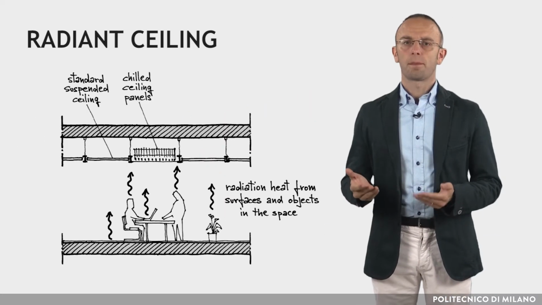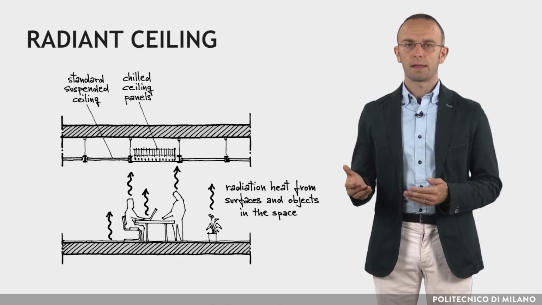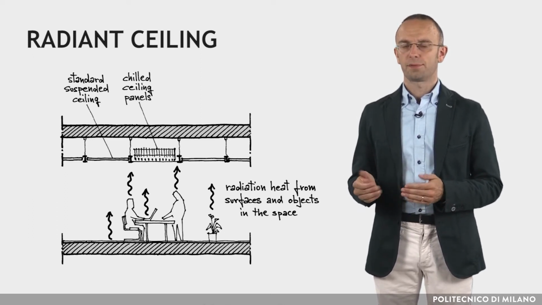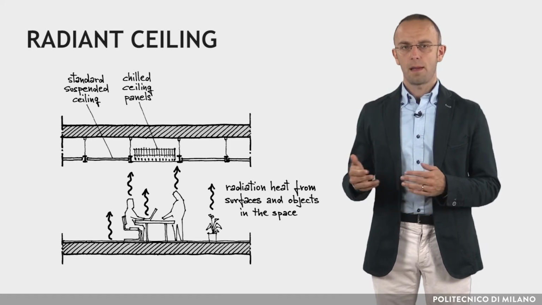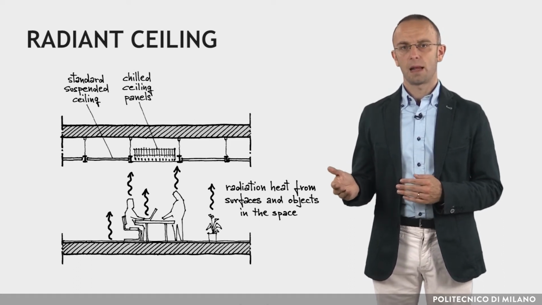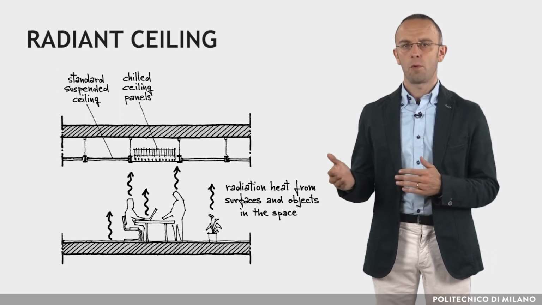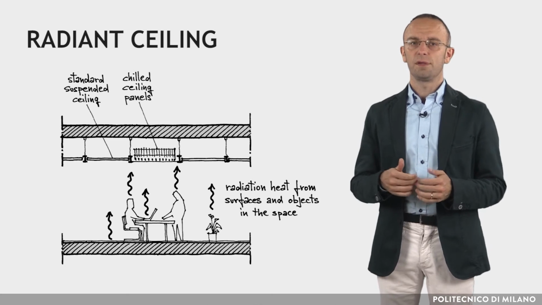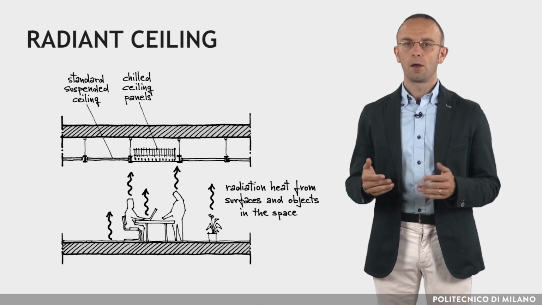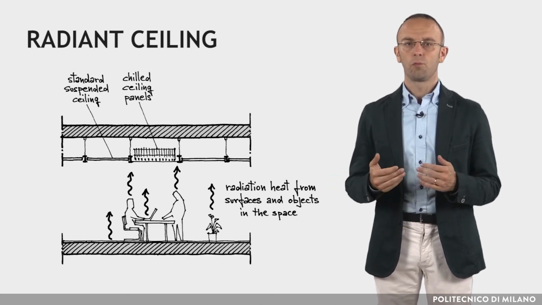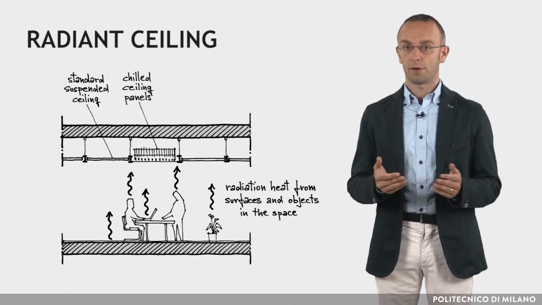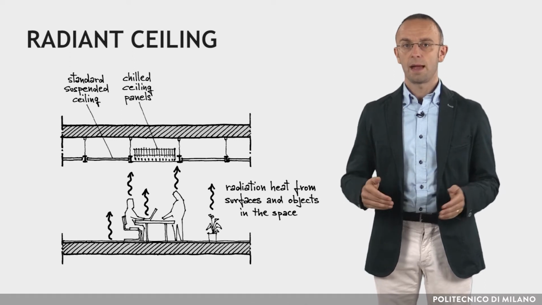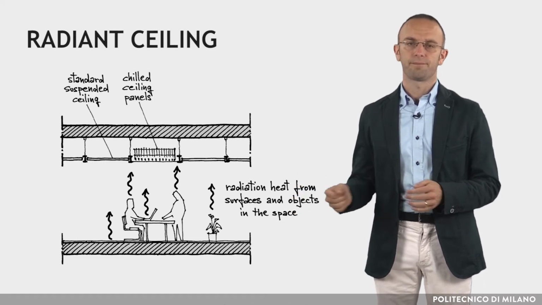Another kind of water-based terminal unit is represented by radiant ceilings. They consist of panels with embedded pipes. Pipes can be either embedded in customized construction elements or in precast construction components, such as false ceilings. This type of cooling system is virtually maintenance-free and allows energy saving because water temperature is higher than in fan coil systems, with reduced losses in the distribution subsystem and higher efficiency in generation.